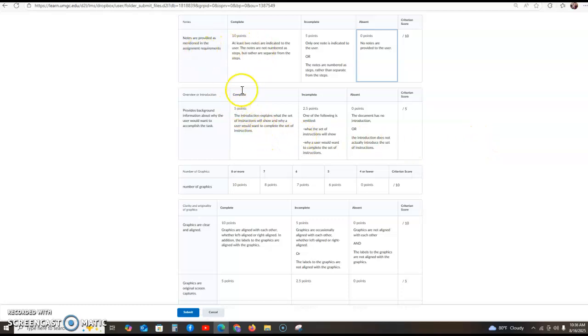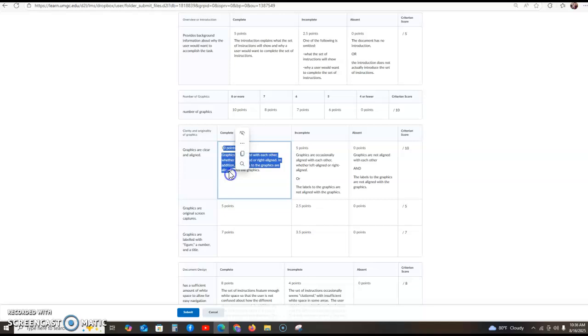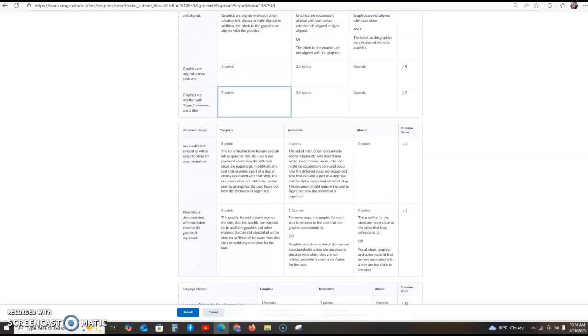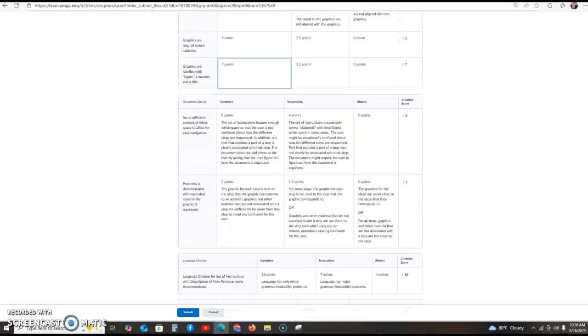Okay, this assignment needs to have an overview. You need at least 8 graphics, 1 graphic for each step. How clear are those graphics? Are they aligned in the same place on the page? I'm going to do a separate video to go over writing assignments 1 and 2 and what they look like with the Maryland Print House and with the Elderly Instruments. Are they original screen captures, and are they labeled? All of this is highlighted in the assignment, but now you get a chance to be reminded of each one